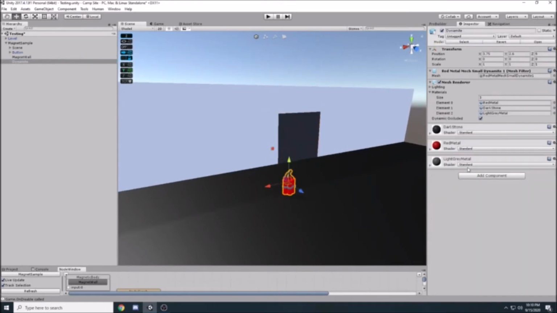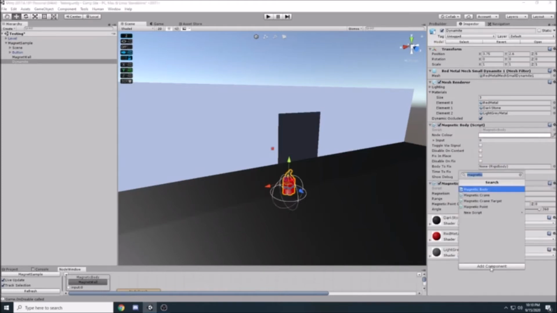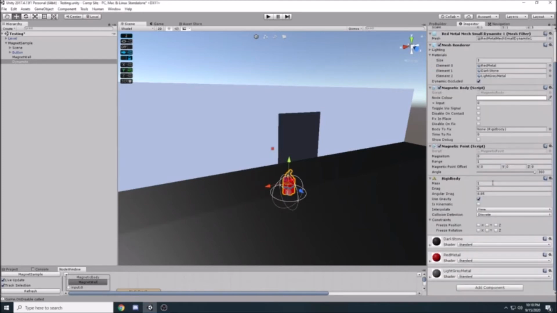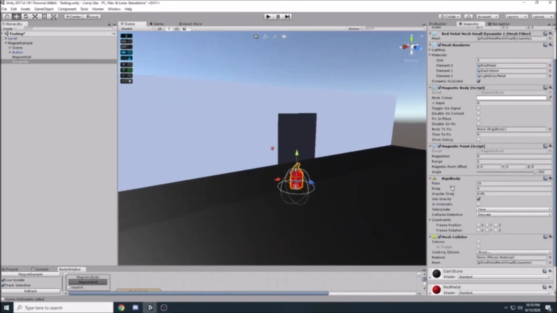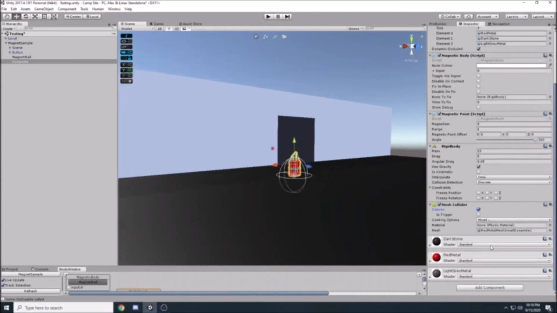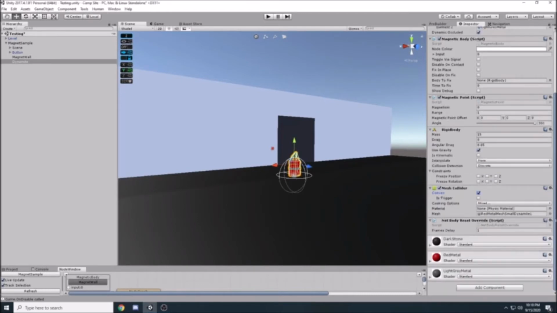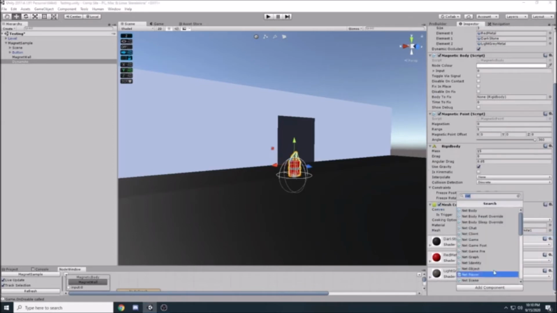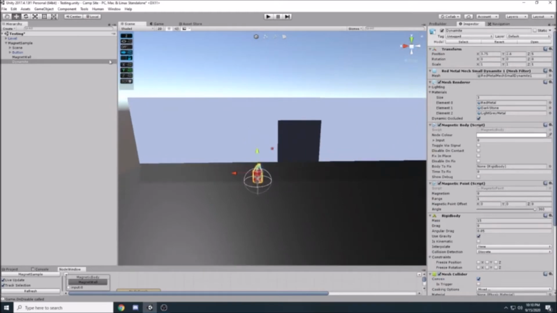And then under dynamites, I'm going to add a magnetic body, a magnetic point, and then a rigid body so I can move it around. Then I'm going to need a mesh collider so it doesn't just fall to the ground. And because I'm using a rigid body and a mesh collider, I need to mark it as convex. Then last but not least, I need that body so it works as multiplayer. Oops, that's script. Okay. So now that we have that out of the way,